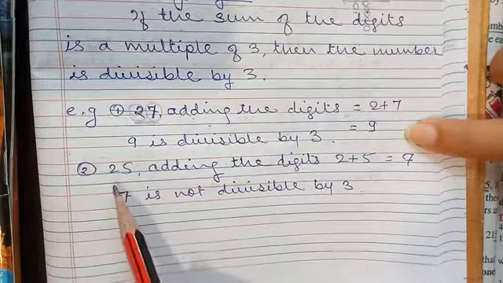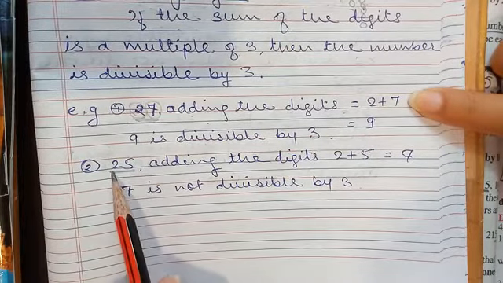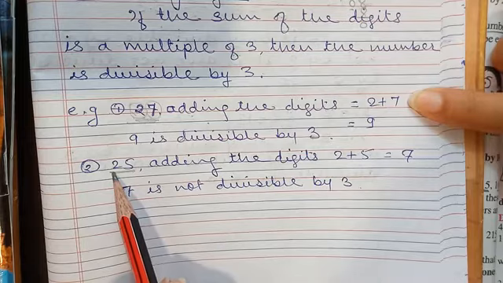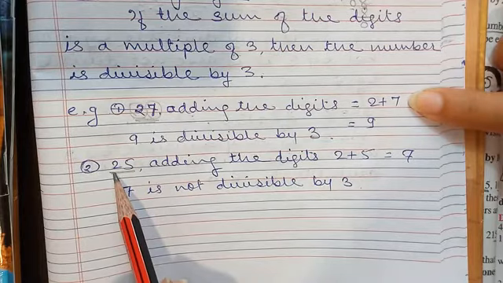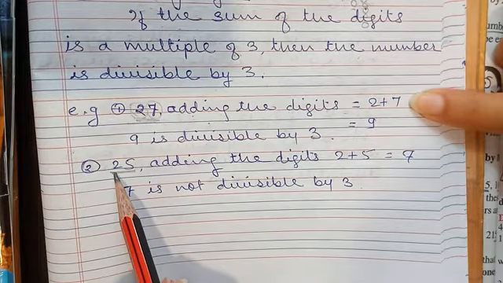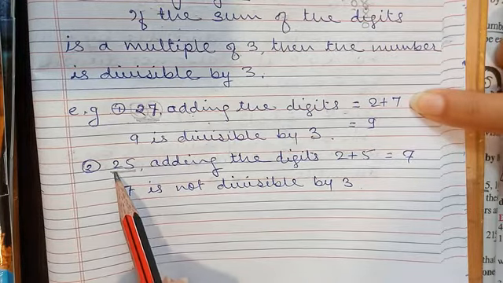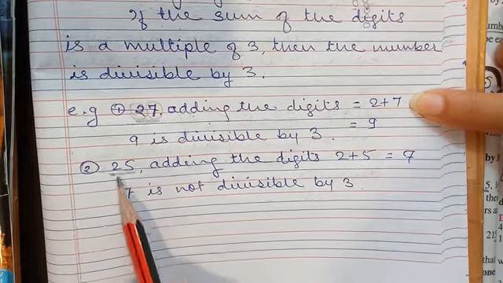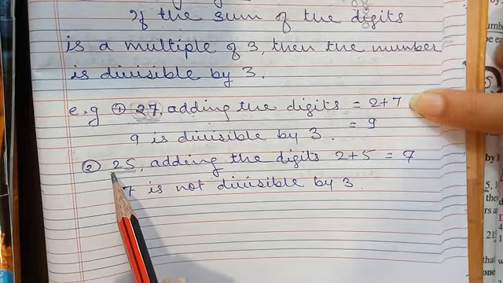Now take another number, 25. I am taking small numbers here, but in the exercises and further in mathematics we will deal with big numbers, and this is helpful to identify divisibility, or we'll apply this afterwards. So these are small numbers to make you understand.